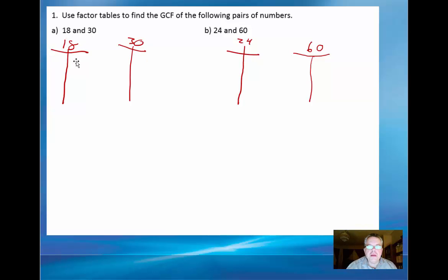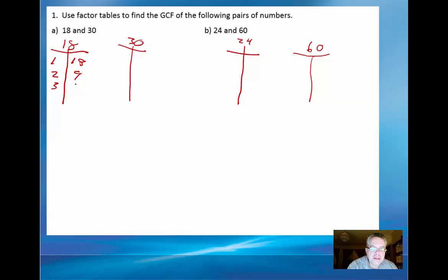One way to do this is to make a factor table for both numbers, and that's why I've started here. We did this earlier in the year. So I start by writing all the factor pairs of a number. For instance, 18. Well, we can factor it as 1 times 18, so 1 and 18 are factors. We can do 2 times 9,